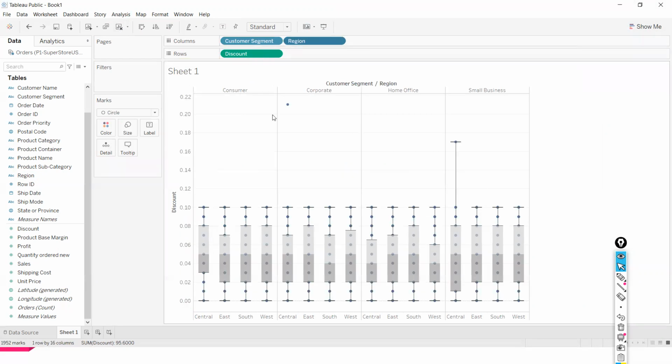So now you can completely understand and you can see the outliers here, right? This is an outlier. This is how spread out our data is, right? And how do you compare? None of these medians are above the other, so there is not a lot to do here. Now you can change colors if you want. You might just want to take region and put it into color, right? So you can change the color of these outliers and all. Right? So this is how you basically create your